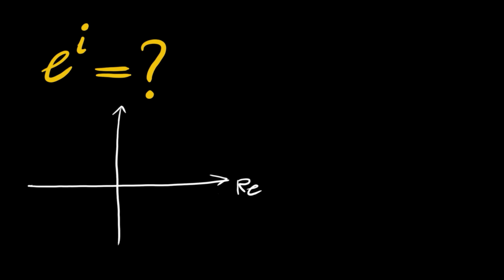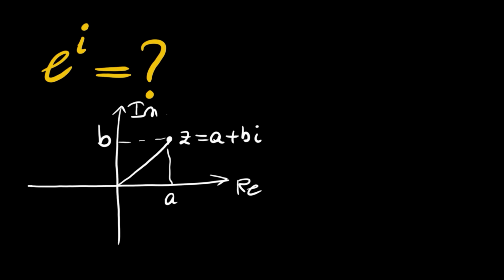Now, any complex number on the complex plane, let me show you the real and imaginary axis. Any complex number a plus bi, let's say this z is equal to a plus bi, then the real part is a and the imaginary part is b, and this length here is r. Let me show you here. This r is equal to root a squared plus b squared. And this angle here, theta,